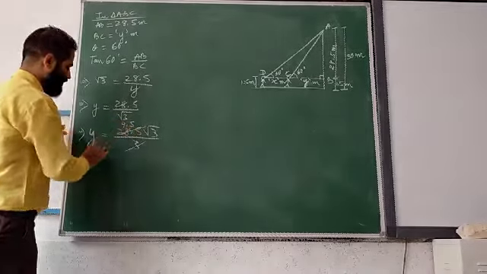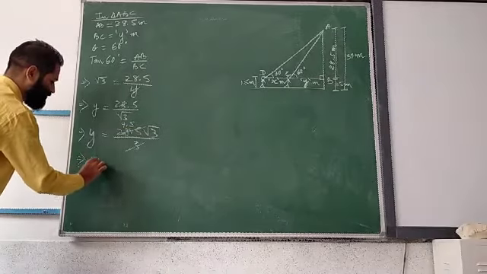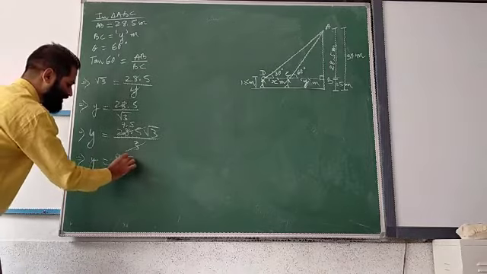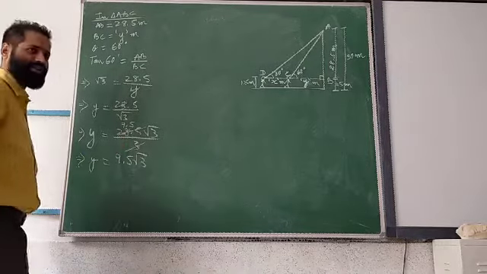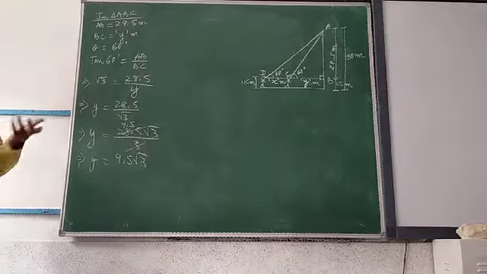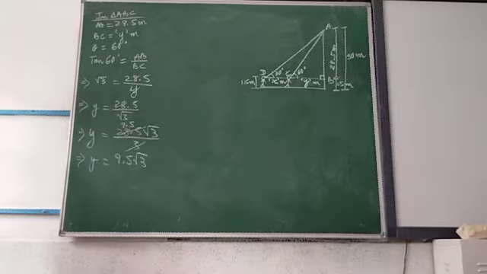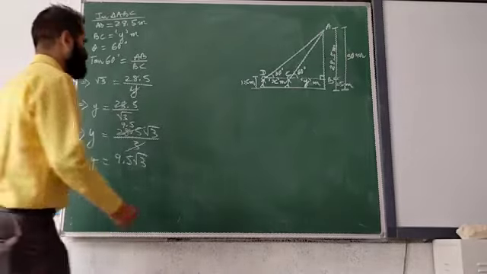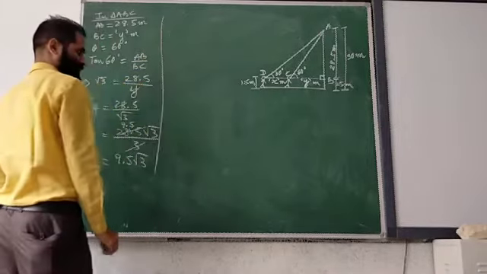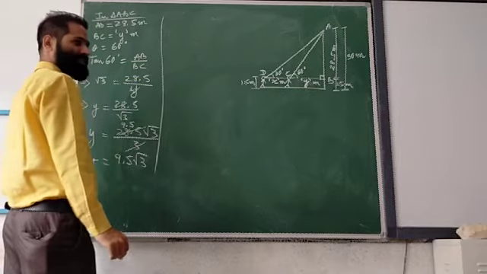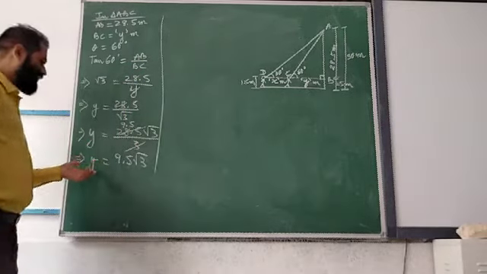9.5. I don't know if it will be easy or not, but if it is cancelling, let it be cancelled. In the previous question it was 8 by root 3. If I rationalize that, I will have 8 root 3 by 3, which is useless. But if it is 9 by root 3, then I could rationalize it: 9 root 3 by 3, and 3 and 9 will cancel. Understood or not? Common sense. So use your sense, don't be nonsense. Okay, so we got y.